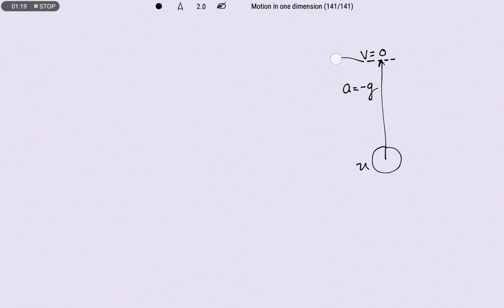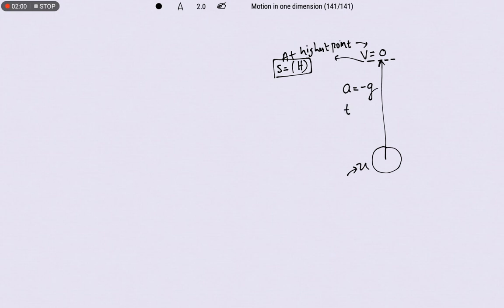At the highest point, its final velocity becomes 0. And what is the initial velocity? Initial velocity equals u. The distance traveled, in this case, we are going to take as the maximum height, capital H. That means displacement equals capital H when its final velocity becomes 0. So that height is known as the maximum height. And the time taken for its journey, let us take as t.